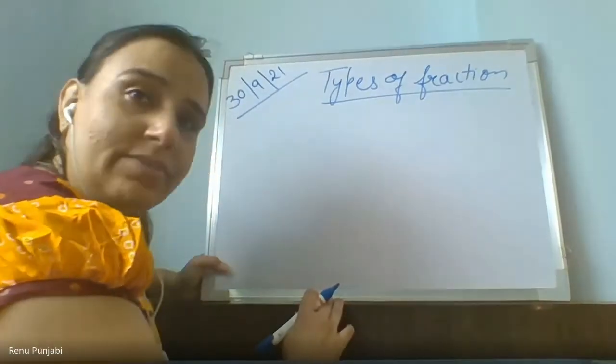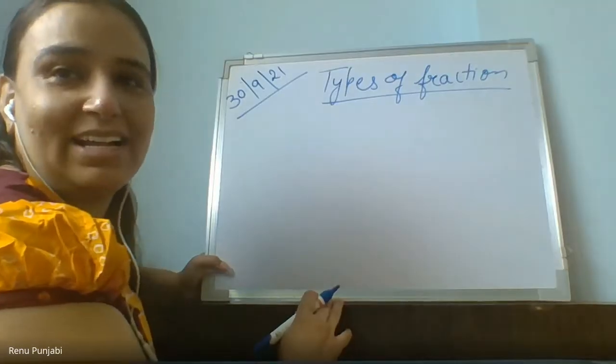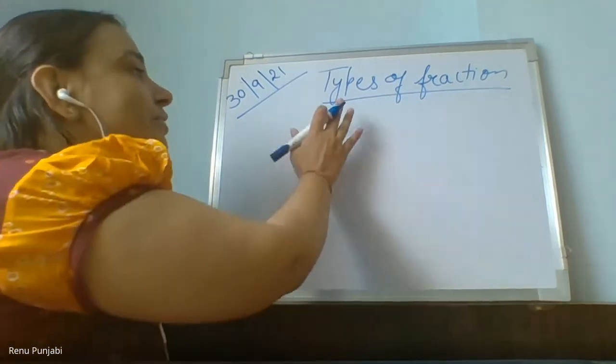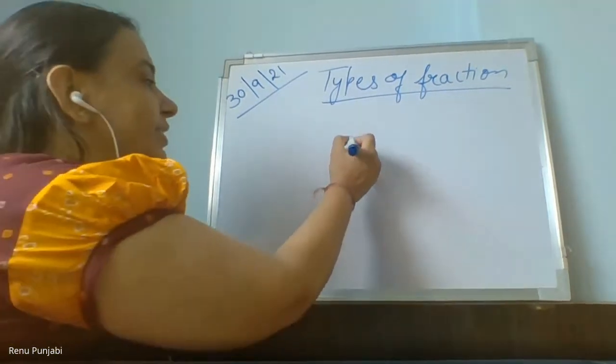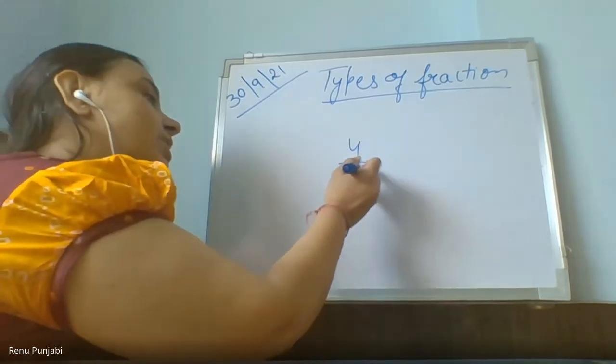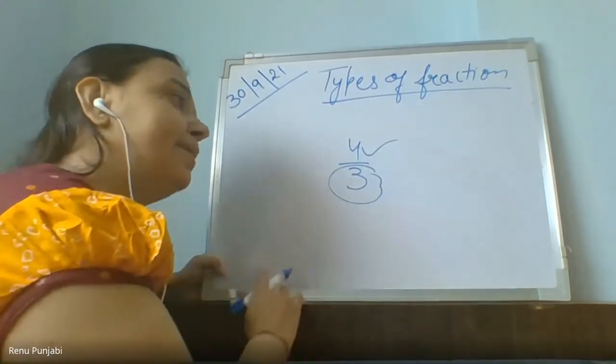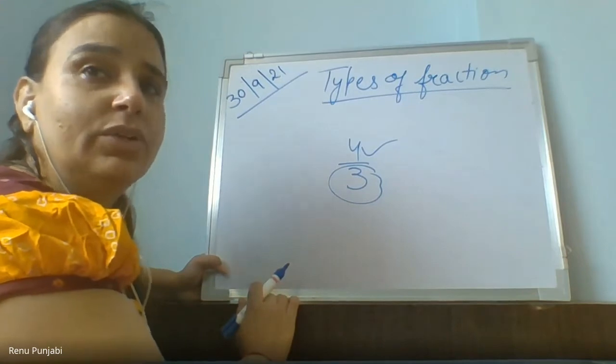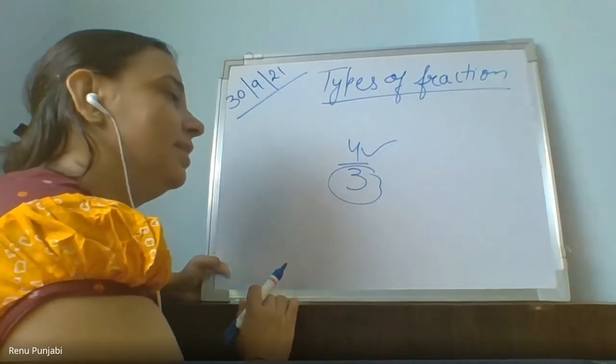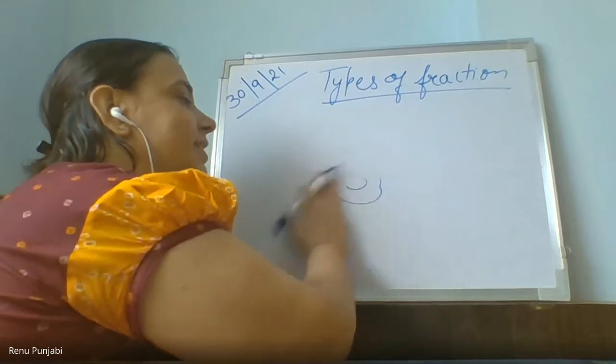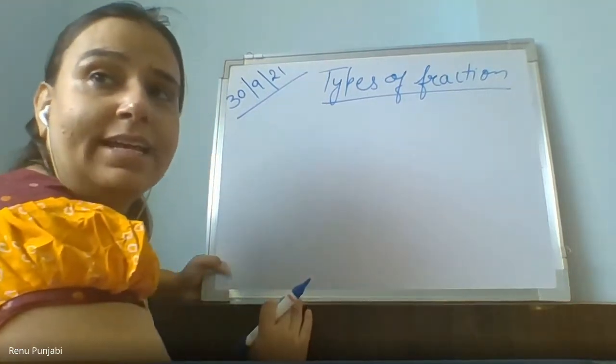Excuse me, ma'am. In the group you have written all the fractions, and in that you have written 4/3. It was an improper fraction. Yes, that also I am going to explain. 4/3 means total 3 parts, and you are giving someone 4 parts. Is it possible? No, ma'am. This is an improper fraction, right?